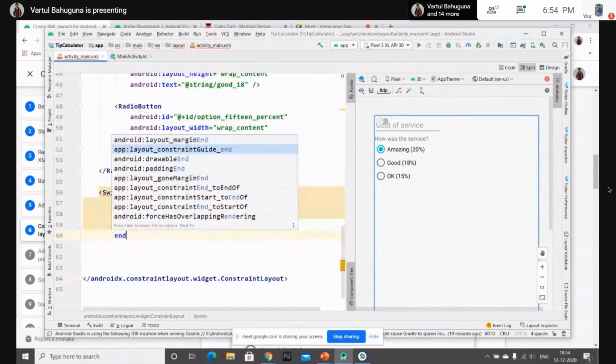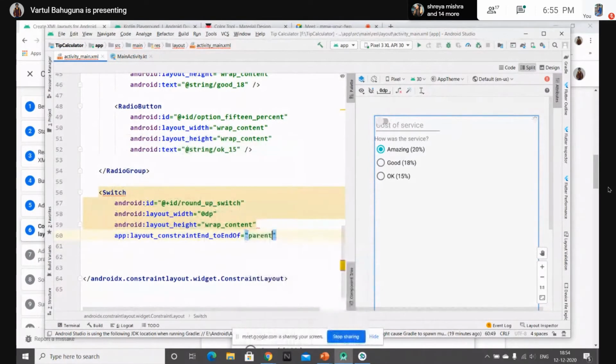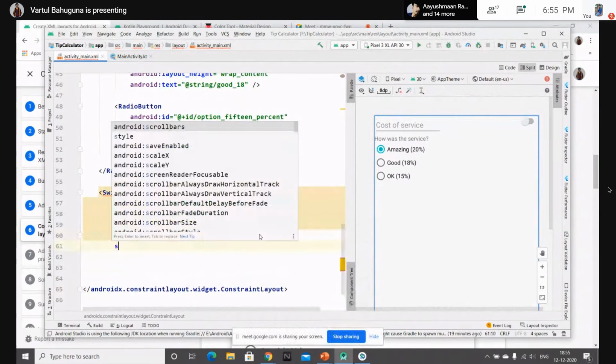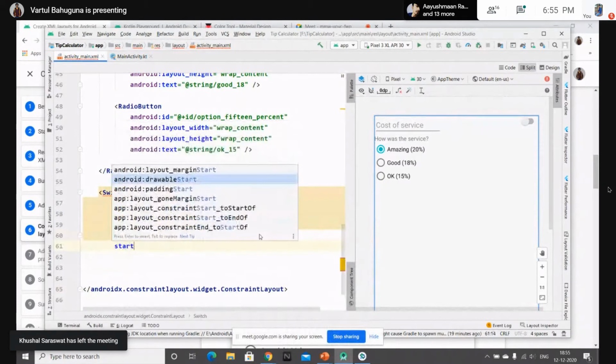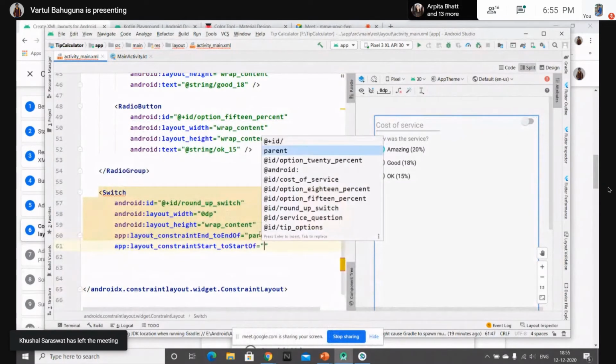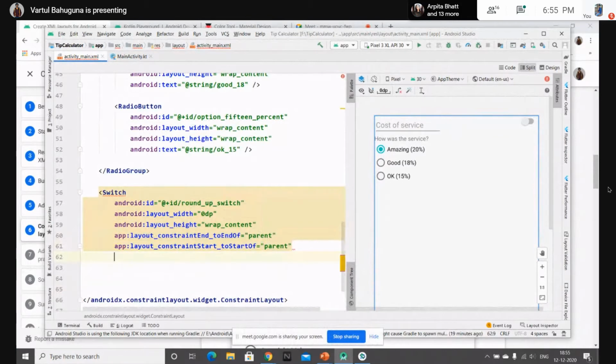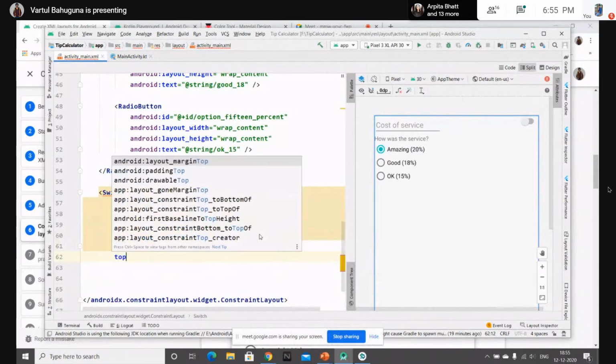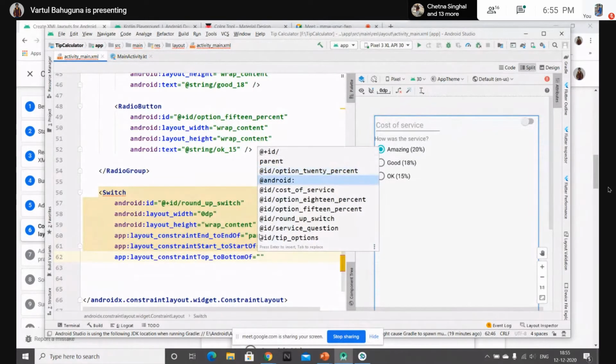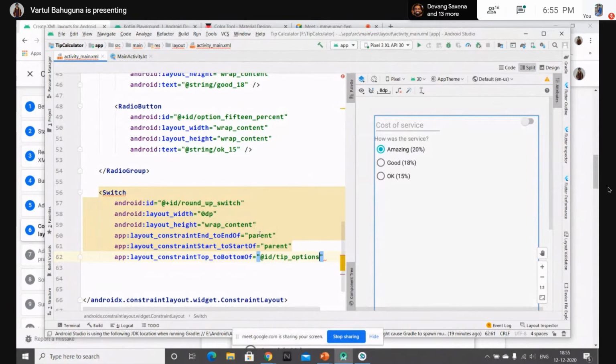Type end to end of parent, start to start of parent, and top to the bottom of our radio button. So let's take the options. Okay, so it's appearing fine.